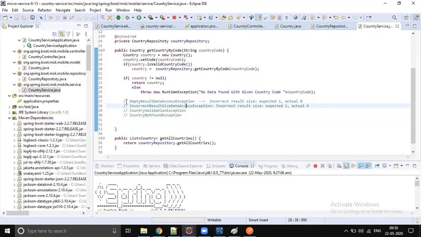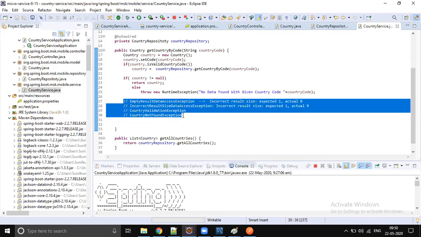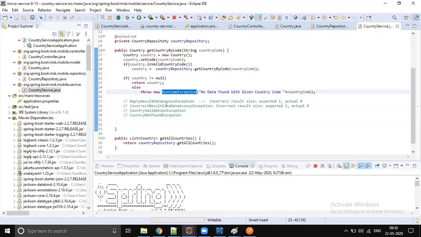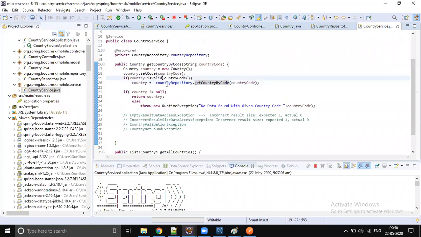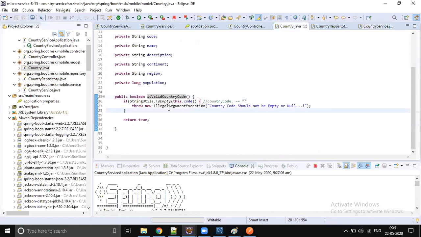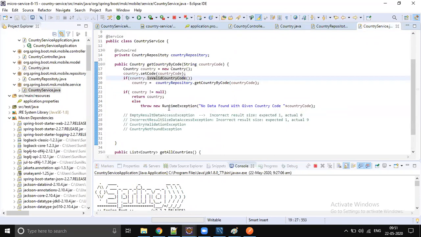Okay, so this is what happens, right? In your exception handling, you should handle all these four and never throw runtime exception or illegal argument exception. I'm just showing you for demo purposes, right? It's your responsibility to do the validation. On validation failure, you should throw country validation exception. And for validation, you should give a different status code. When the country is not found, at that time we should throw some other error code. So it should be like that, right?